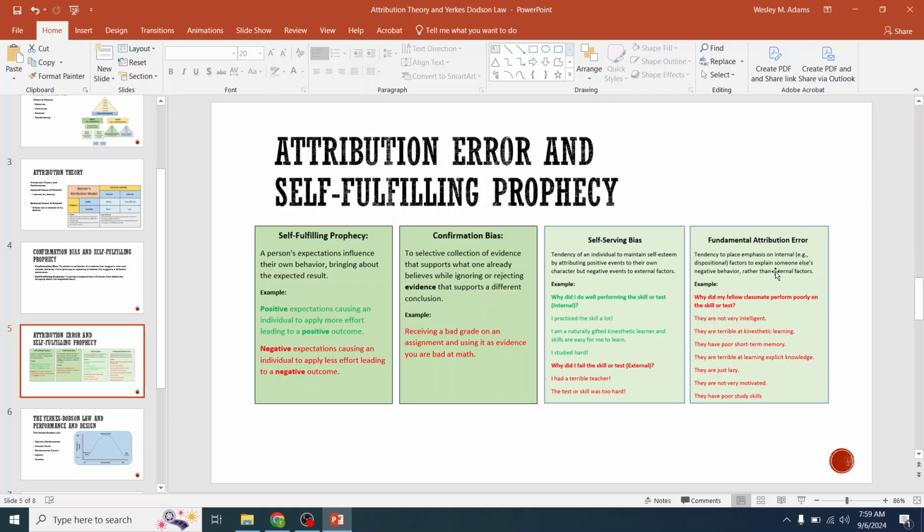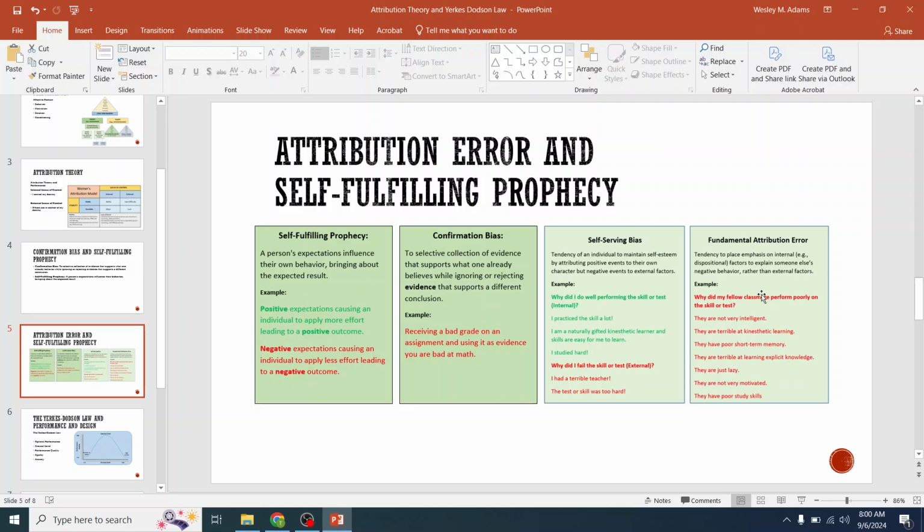Now here's one that everybody in groups, or even teachers, need to be aware of. When you're making evaluations of other people and they fail, you tend to go internal on them. Oh, they're just not good at that subject. Or more commonly, and this is where I go wrong as a teacher, they just didn't put forth the effort. I hear that all the time from other teachers, and they may be right. Maybe that student didn't put forth the effort, but there may be other external variables going on.